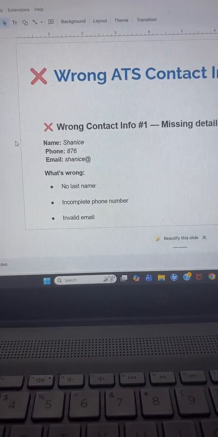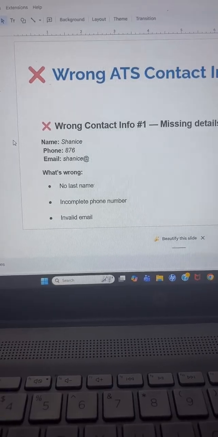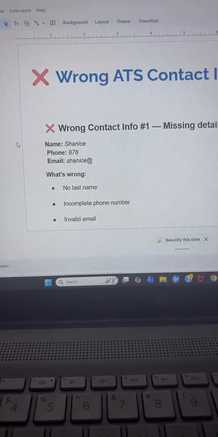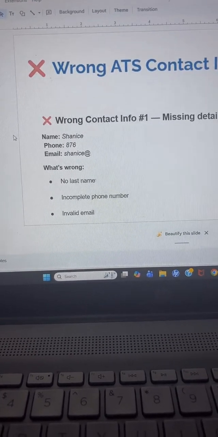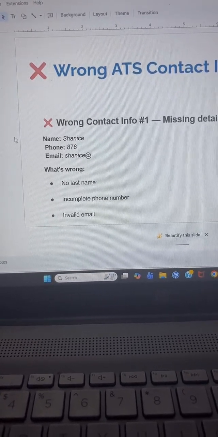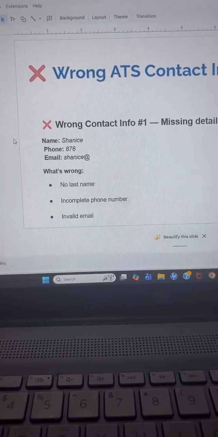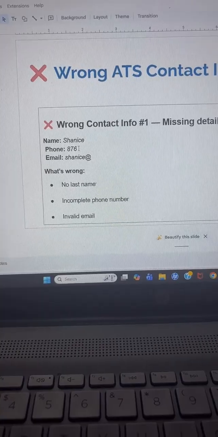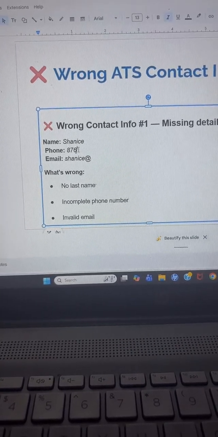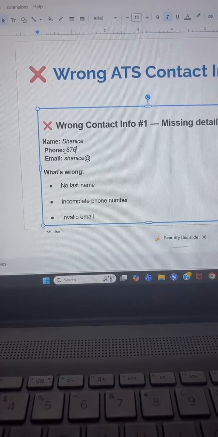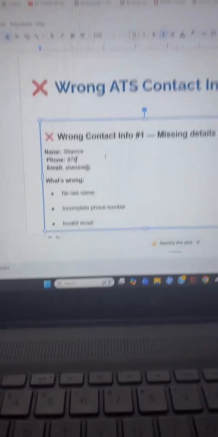Alright, so for the contact section, guys, ensure that your name consists of your first name and last name. You don't necessarily have to put your middle name, just your first name and last name. That's enough. For your phone number, ensure that you are using the proper format and ensure that your number is working.